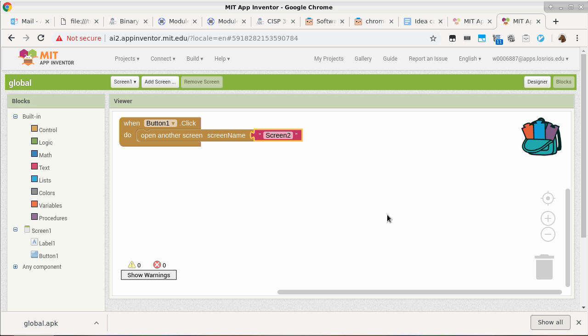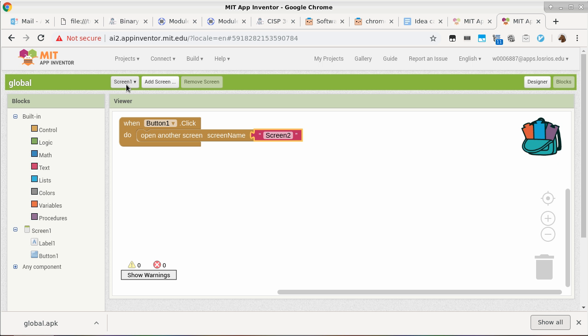So you can't just say screen 2 dash update 1. No. Whatever name you use here when you specify the screen name has to match whatever screen name is here. If you have a mismatch, you end up with a runtime error when you try to switch the screen.